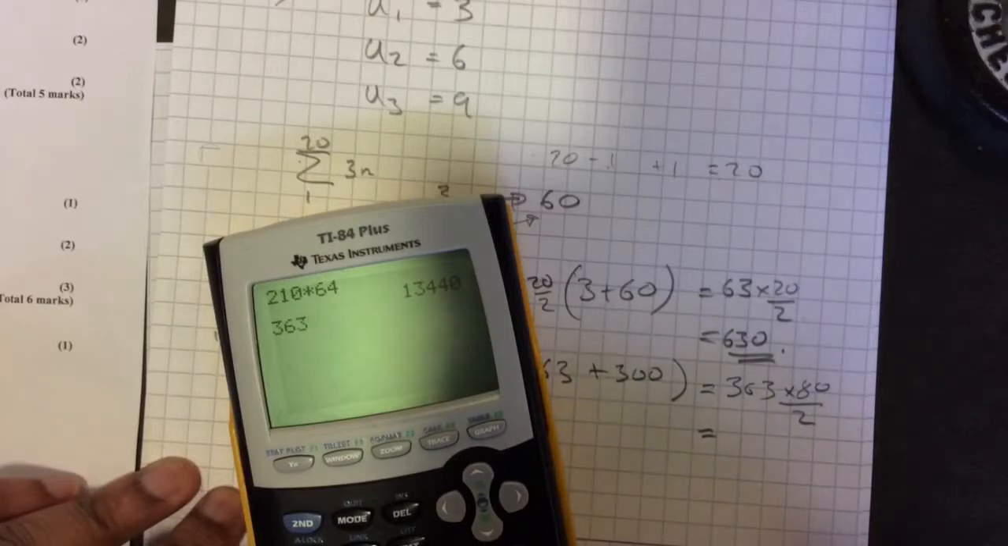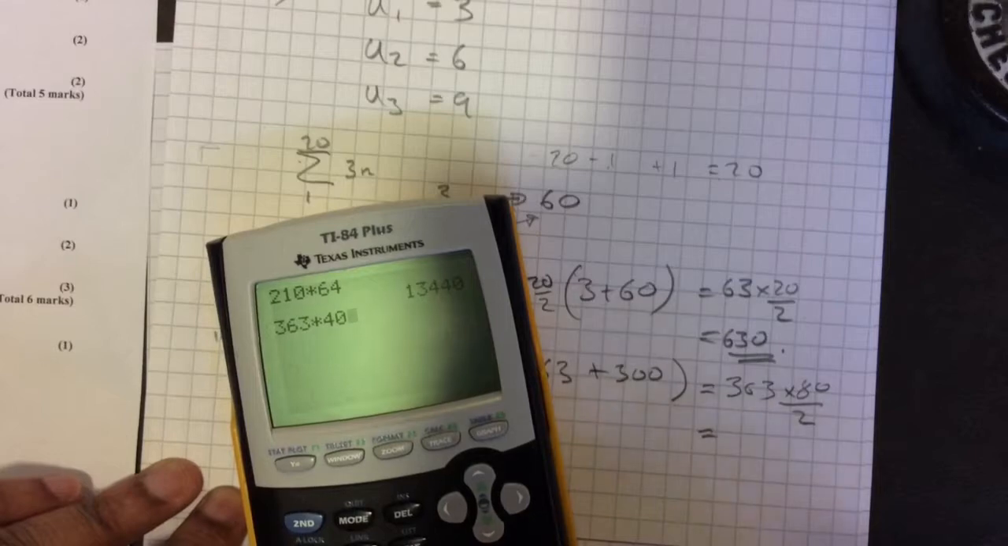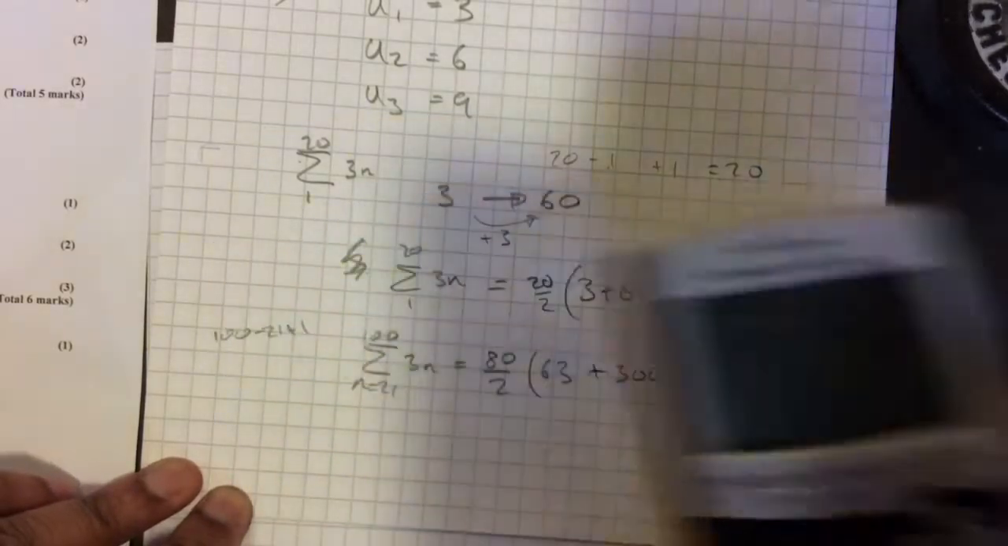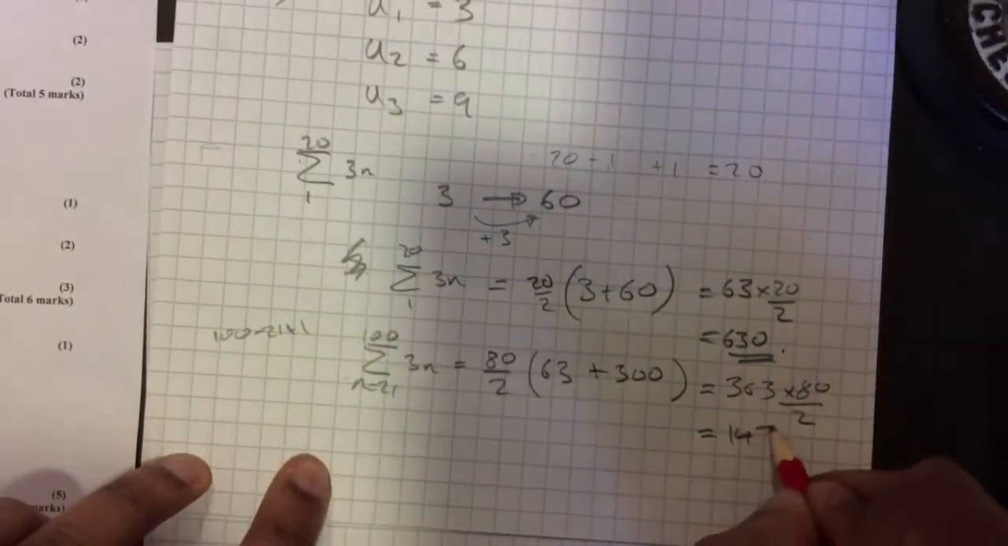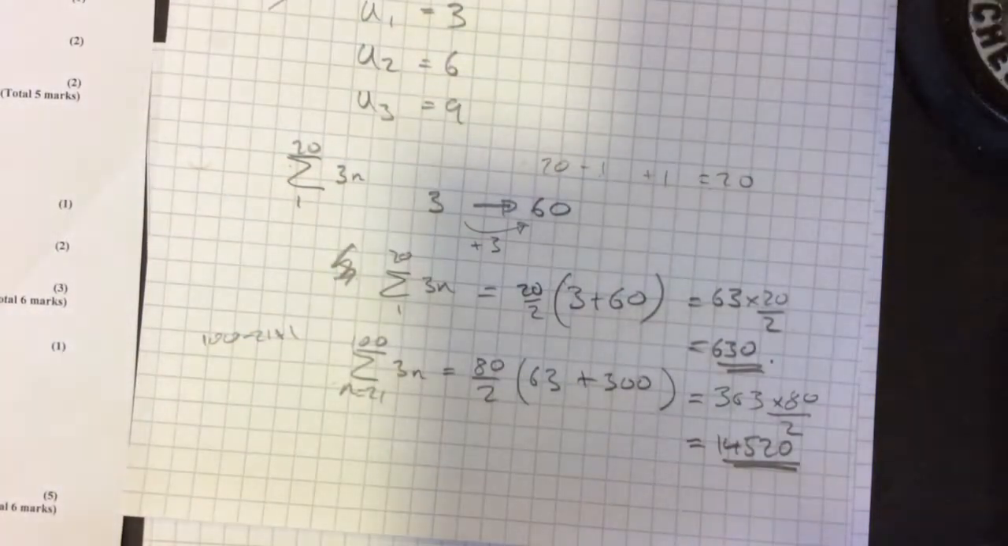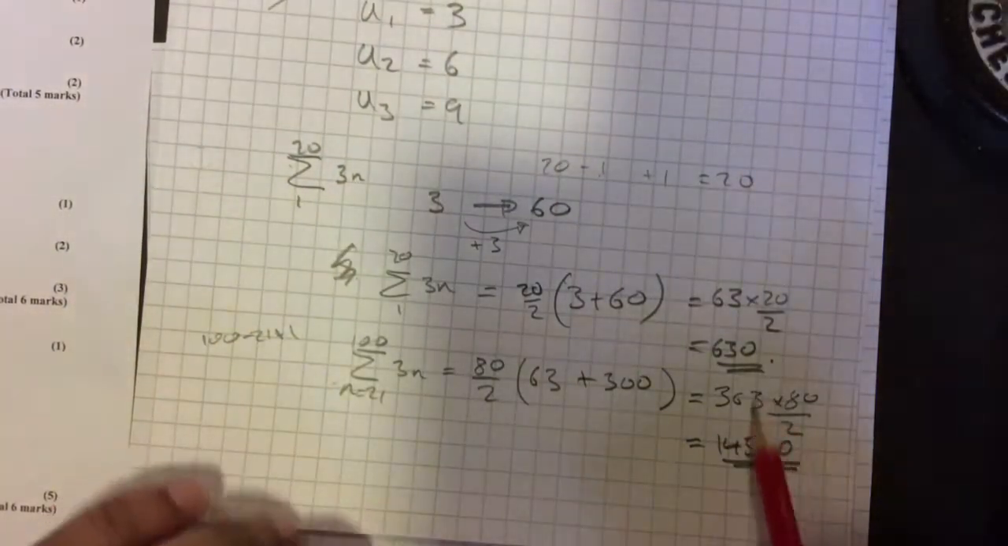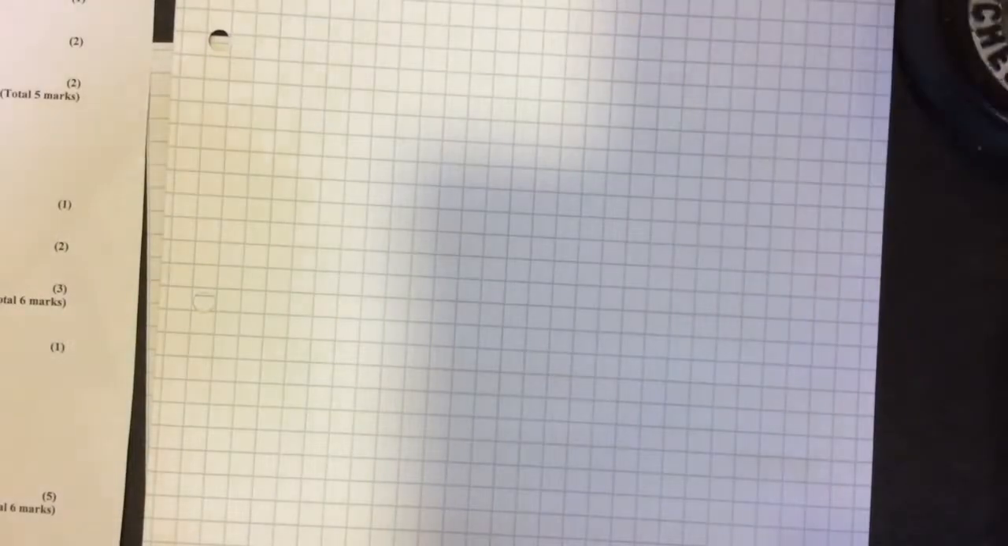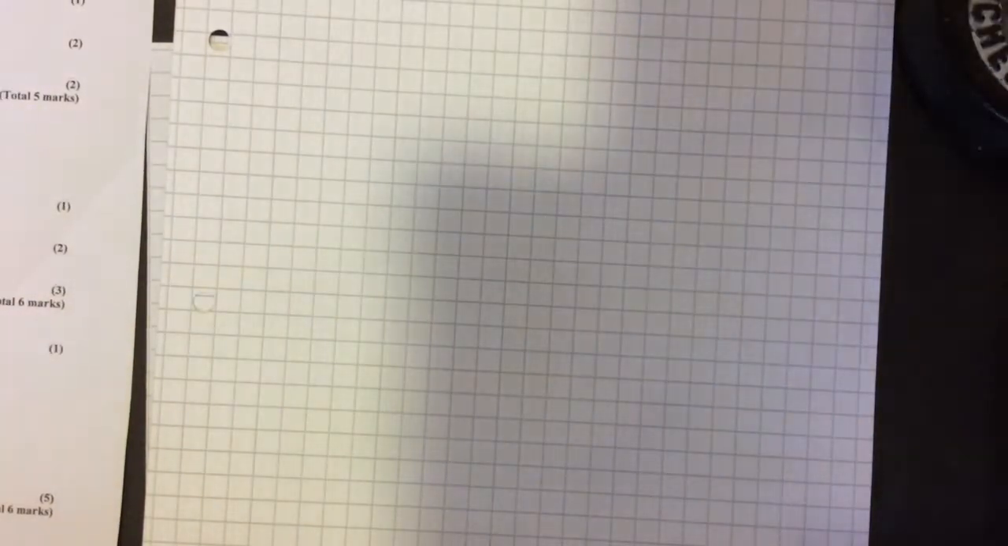363 times 40 equals 14520. 14520. Now, I'm not sure if this is a non-calculator paper. If it is, you could have still done that without. Okay. Right. Yes, thank you. And